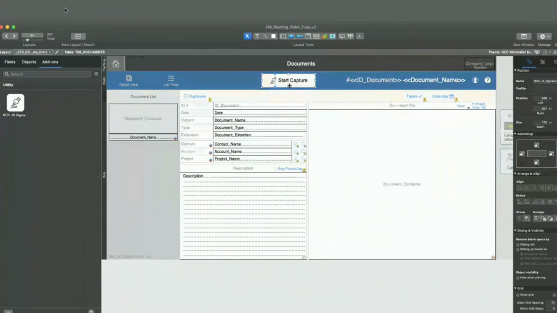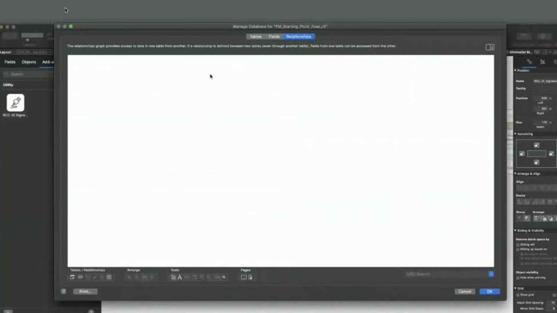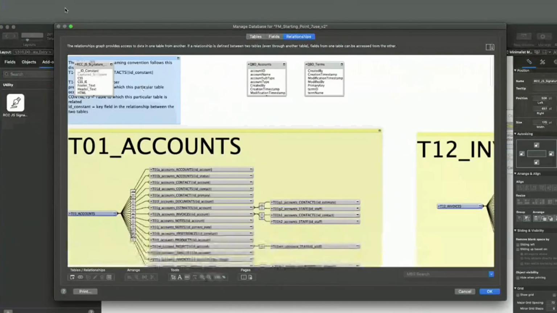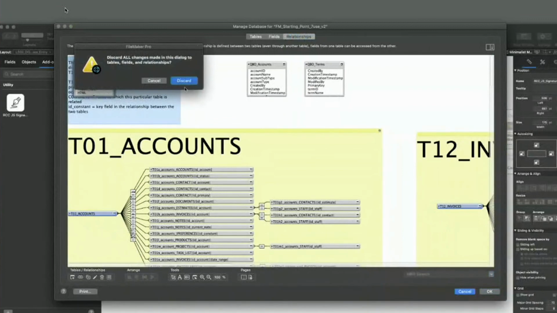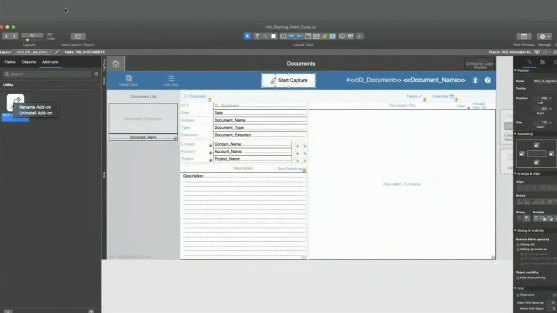If I wanted to get rid of it, this can get complicated depending on how your add-on is set up. Mine, fortunately, is not related in any way, it's just its own little table. So we'll go over here into the graph. You see how I just threw it in the upper left-hand corner of the graph. Because it's self-contained, it doesn't relate to anything, and it doesn't really affect anything when I remove it. So I right-click on the add-on